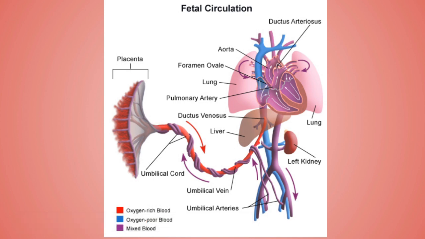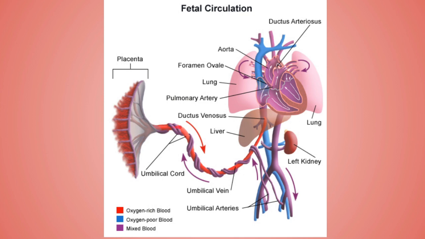Now as we go ahead, we'll meet one bypass, or we can say shunting vessel, known as the ductus venosus. So remember right now simply that this ductus venosus is nothing but a bypass or shunting vessel. Now what does it bypass? What is the importance of this? We'll discuss this later, but right now just remember the ductus venosus is nothing but a shunting or bypass vessel. Now we'll go ahead, this is the heart. And over here we have one more shunting or bypass vessel, that is the ductus arteriosus.